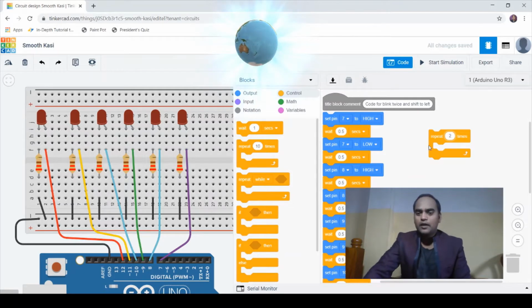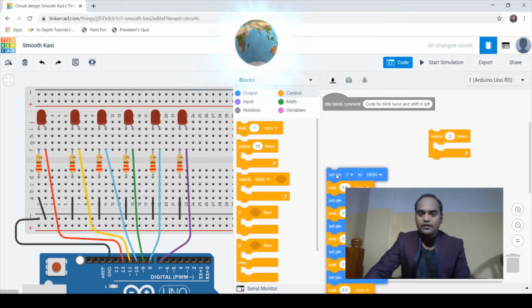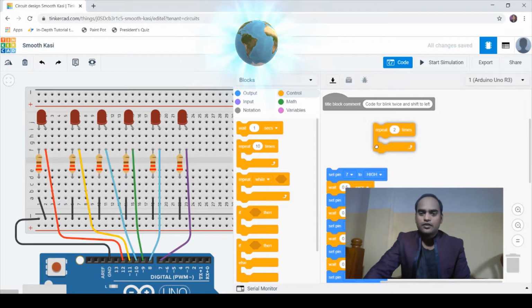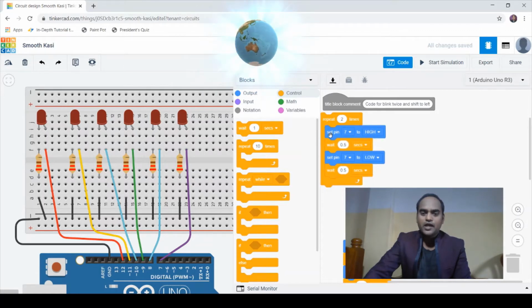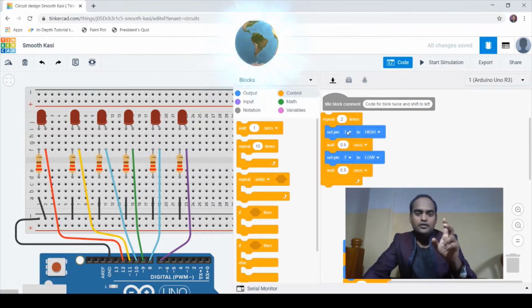So now, let me make it a little down, and I'll keep it here as the first block to be executed. I want to first blink the rightmost LED, that is pin number 7. Whatever is inside the repeat block, with 2, will repeat these 4 blocks 2 times: set pin 7 to high, wait, set pin 7 to low, and wait.